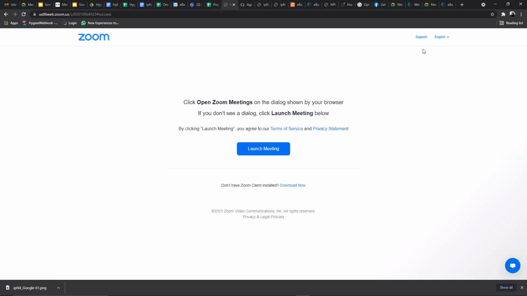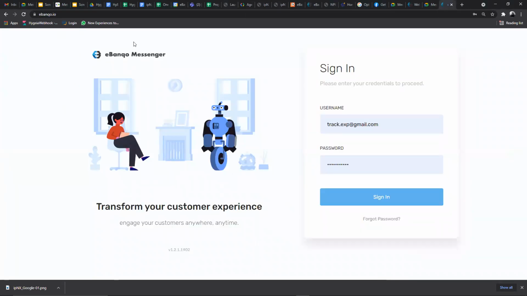So I'll be taking us through different modules on the eBanqo Messenger web application. Basically, what we'll be focusing on is how to use some of these modules, how to set up your knowledge base, and how to chat with customers, how customers use your bots, how they can get instant responses on different channels, and how they can get handed over to support, and how support can, from the eBanqo Messenger application, chat with customers, and also how you can train the bot